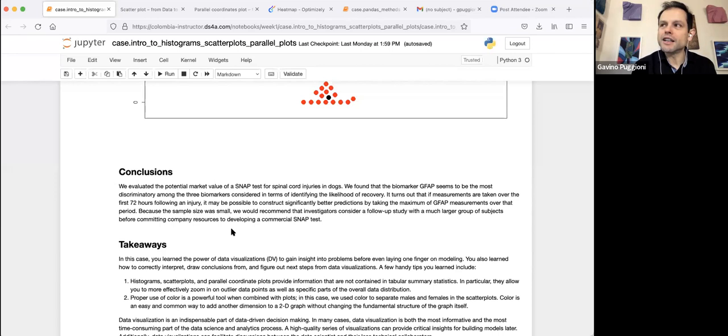Plots can have an incredible effect in stimulating conversation, and today's class is the proof of that. All of you were able to interpret all these plots in a creative and insightful way and give a lot of suggestions that were even beyond what was contained in the text. We discussed a lot of them because I've been looking at the chat continuously and getting your input and offering you some of my inputs as well. So always include a lot of plots in your reports because they can be a very powerful tool for